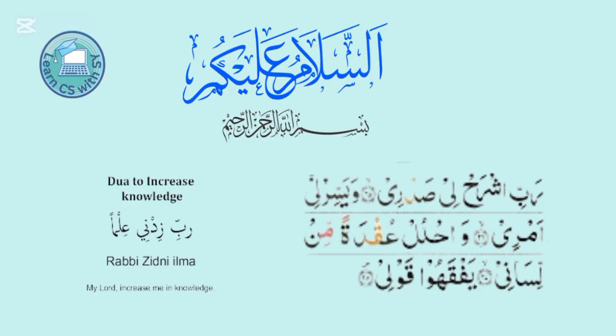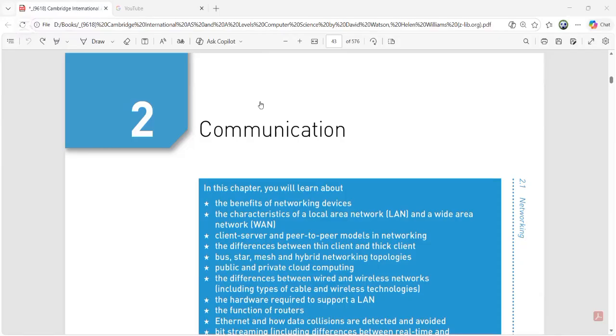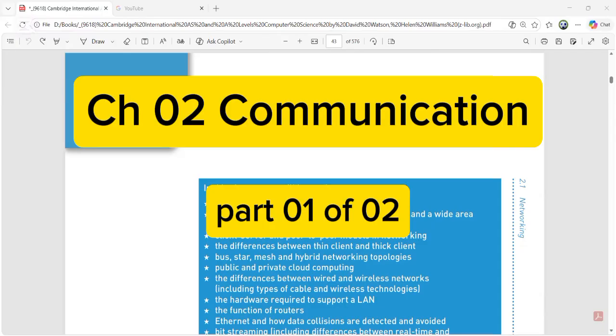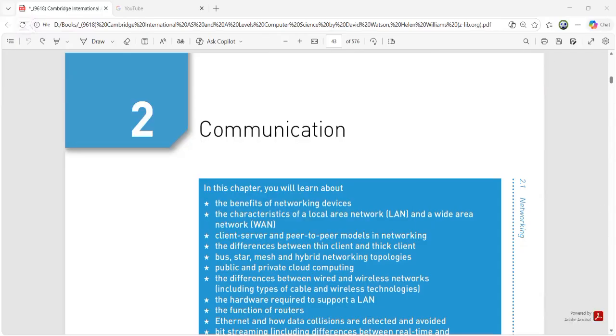Children, today we are here with AS Computer Science Paper 1, Chapter number 2, Communication. And we are doing a very quick revision for your exam so you can just know what you need to prepare. I hope that you have studied it well, but this class is only needed for a very quick recap.